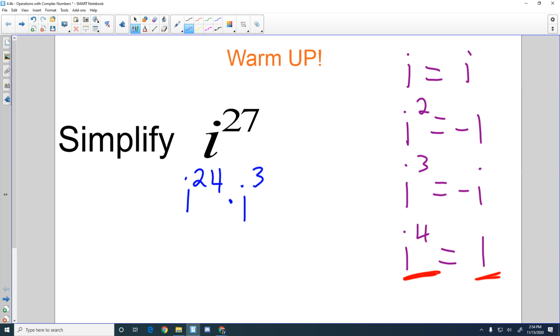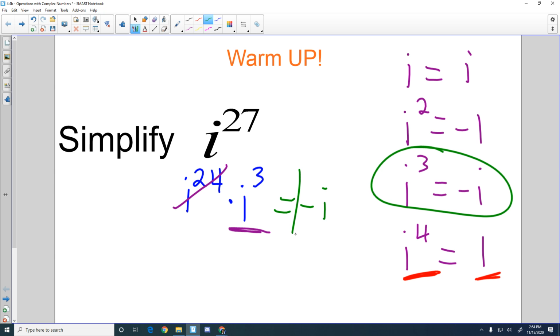All right, so back on the left, i to the 24th, we can just ignore that because that equals +1. That's the same as saying 1 times 1 times 1 times 1 times 1 times 1 times i to the third. So all we really care about is i to the third. And if we look at our handy dandy chart over here on the right, we see that i to the third equals -i. So i to the third, we write that as -i. And that's that. So that is i to the 27th simplified. That's going to come into play with our lesson today, because we're not looking at just straight up imaginary numbers, but we're looking at something called